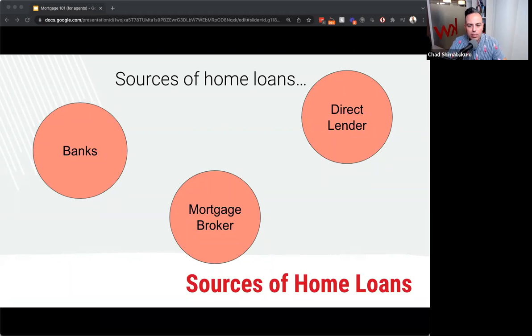But one of the things that people have to remember is, when you're in contract, all parties to the contract, so the buyer and the seller and the agents and title and escrow, and in this case the lender, have to be performing within the same timelines that's illustrated on the contract.